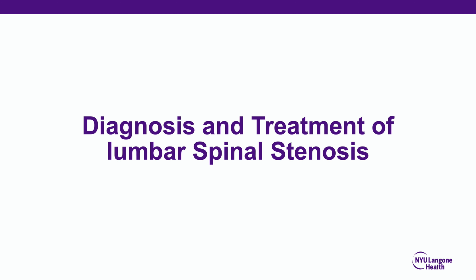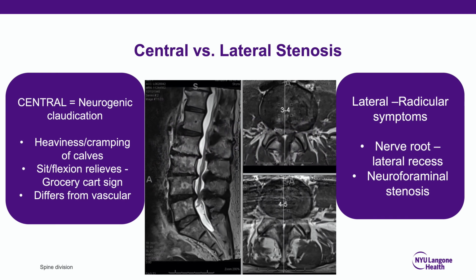Now we're going to talk a bit about diagnosis and treatment of spinal stenosis. Spinal stenosis usually refers to two different entities. Usually when people say spinal stenosis, they refer to central spinal stenosis, which is the entity that can cause neurogenic claudication, heaviness, cramping of the calves, which we all know that sitting and flexion can relieve the symptom, the Cauda sign, and it's different from vascular